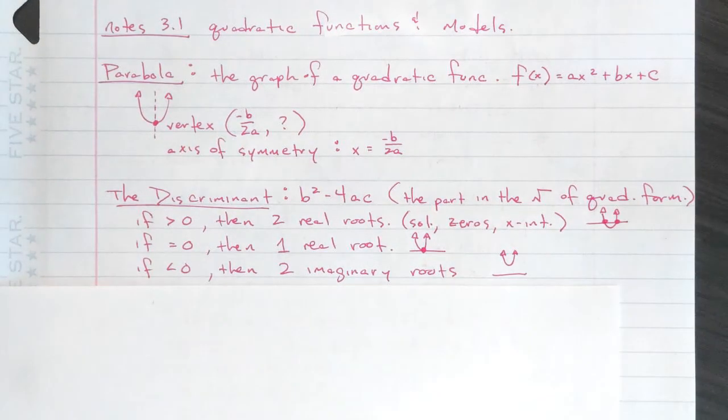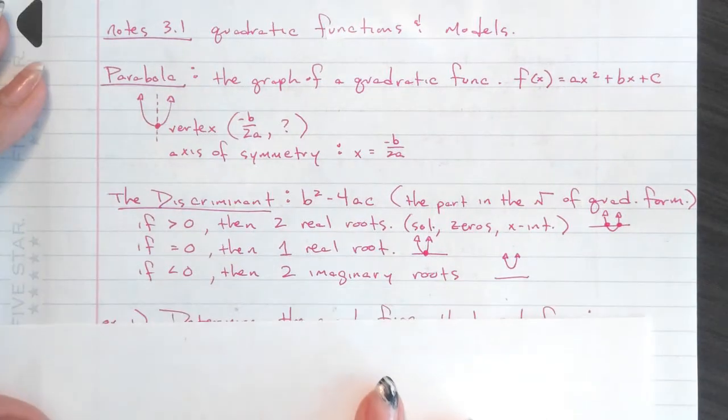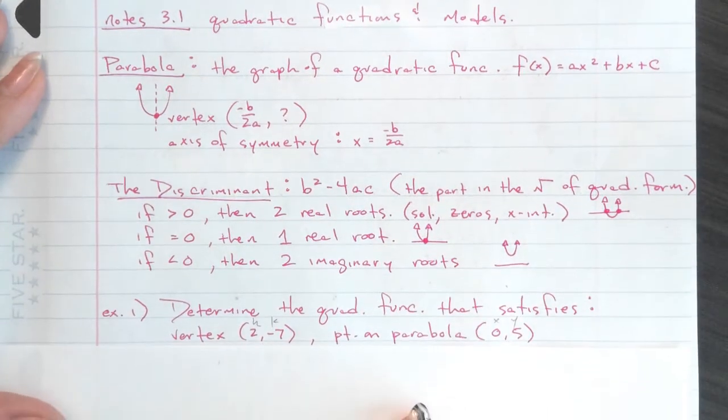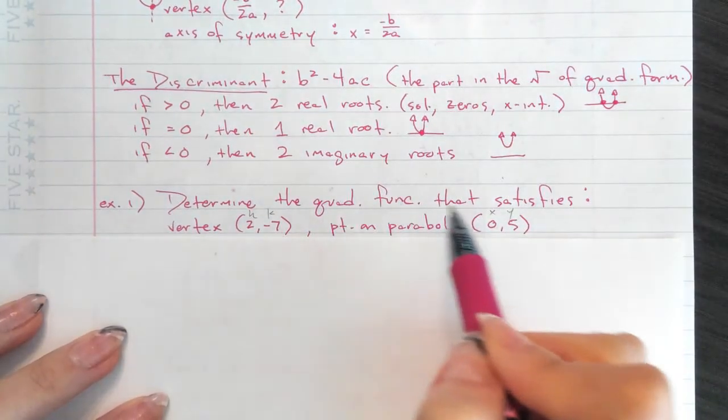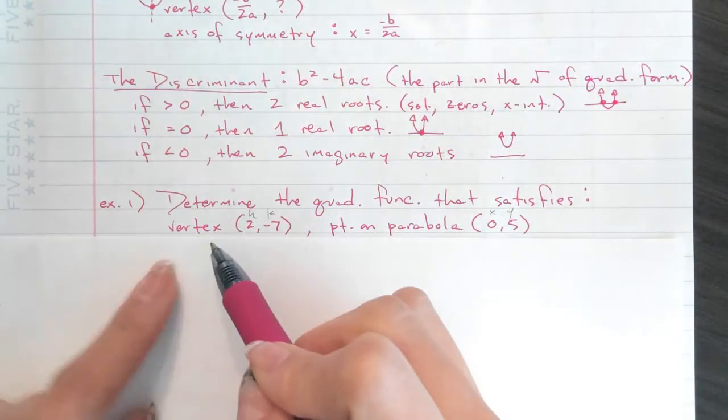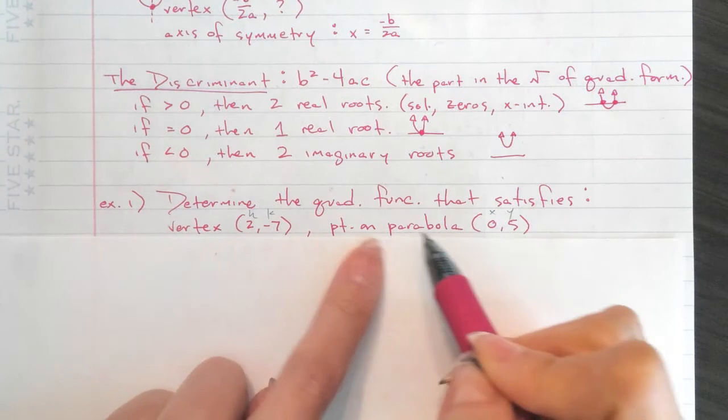Okay, so we're gonna start doing some examples that don't really talk about this stuff, but it's still review. And then we're gonna kind of go back to this, okay? So example 1, and I wrote a little bit too much on here already, but that's okay. Determine the quadratic function that satisfies, and it gives you a vertex, and it gives you a point on the